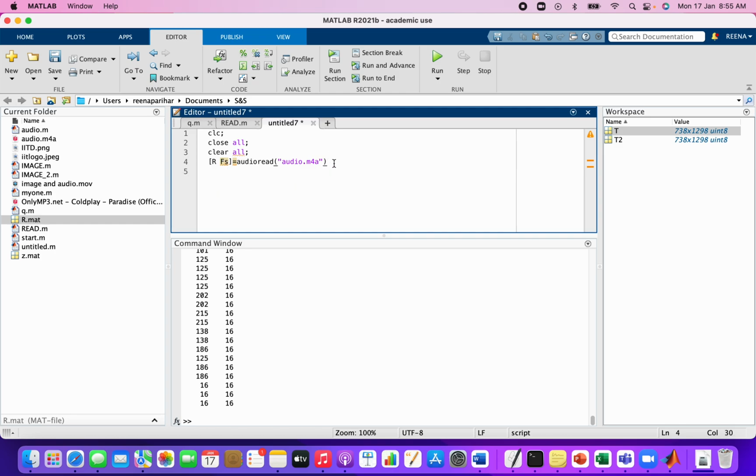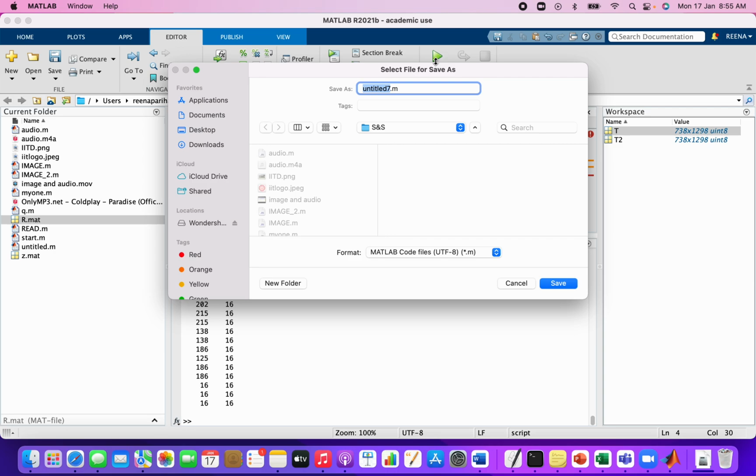Now you want to play it, so there is a command sound. You have to save it.